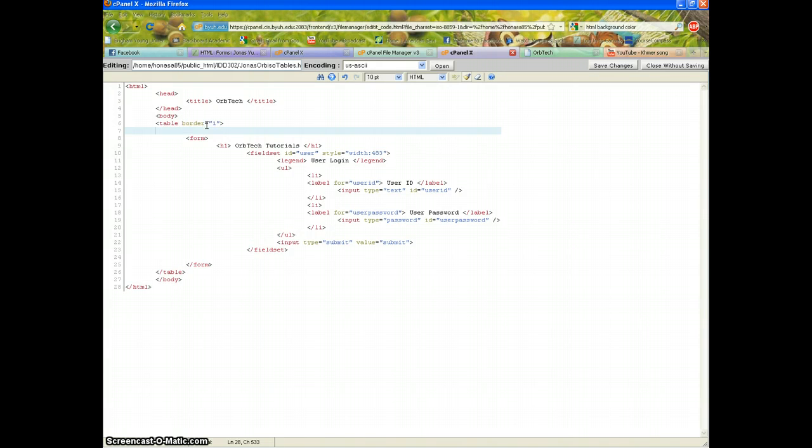So I'll press enter, and to put the header you put the th. It just tells the web browser that anything inside these tags is to be read as a header. So I'll write our company name, OrbTech Tutorial,